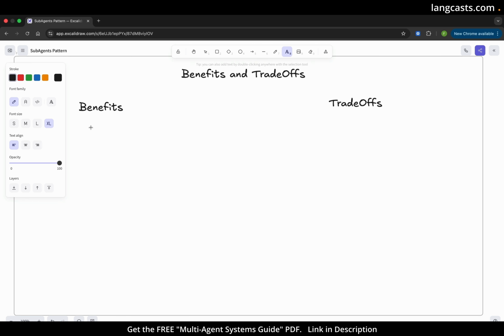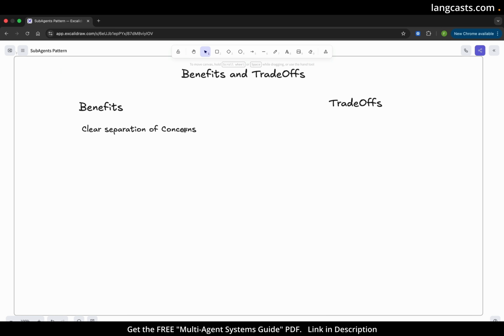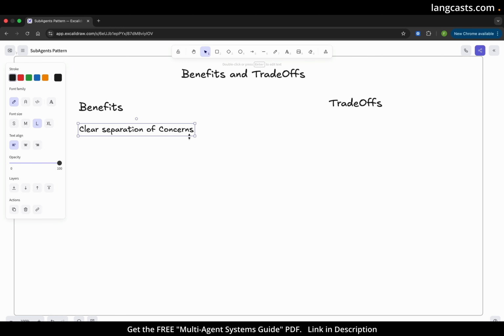The first benefit, let's use large text here, is the clear separation of concerns. Clear separation of concerns. That's the very first benefit. So each subagent handles one domain and they handle it well. Their information is not bleeding into another agent, it's not causing confusion for another agent. Each subagent gets what they need from the main agent. They focus on their domain, they run their task, they do it well. So that's one thing. The second benefit is that you have